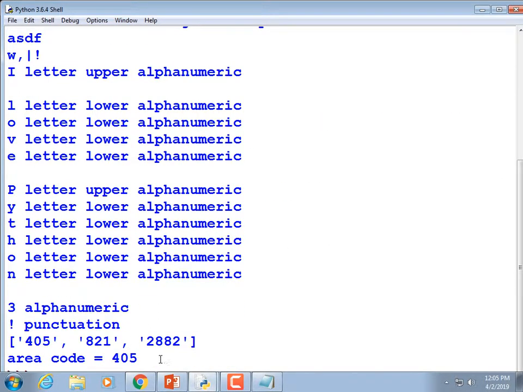Alright, and so it took our phone number and it picked out the area code from it by using dot split. Dot split is very useful. It gets a little bit more interesting if you're trying to split based on several different things, like, I want to split based on both whether it's got spaces and hyphens. I don't even know how to do that. Let's